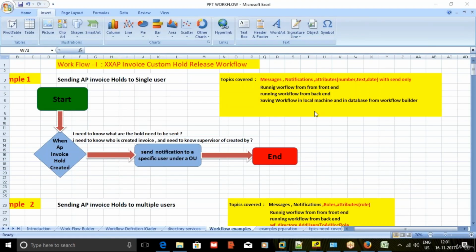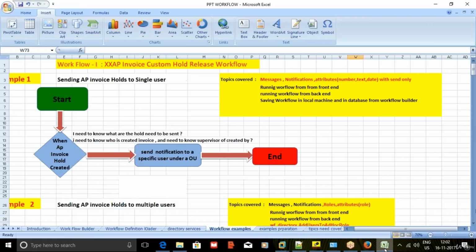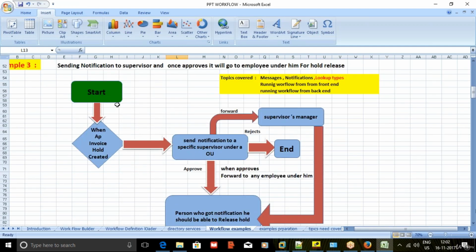Hi friends, in this video we will concentrate on another way of using lookups. So when we send the notification, I want to give this particular performer a list of values. So what is the requirement? Here, when the workflow is clicked, the information which we will be sending is invoice hold information to the notifier. The first person we can send to, two persons, one is Casey, second one is William. So once the notification is sent to this particular notification system,